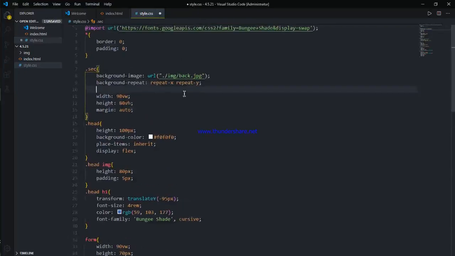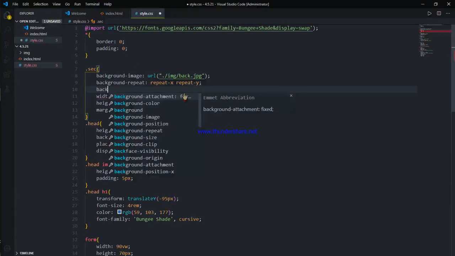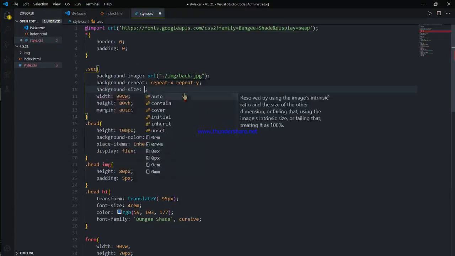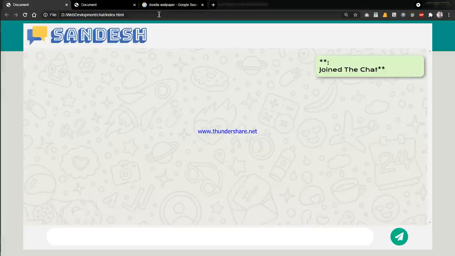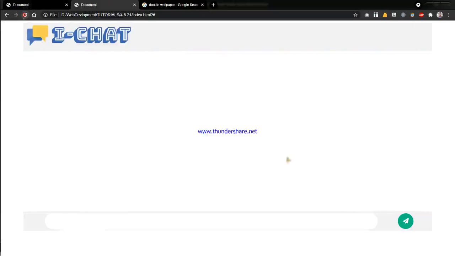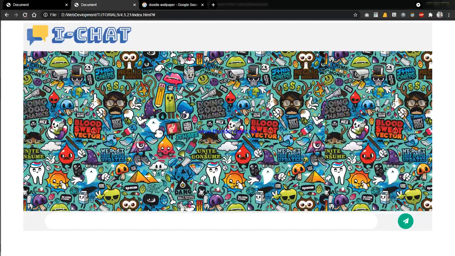So we can go background size. The X should be auto, means the width should be auto, and the height should be 100%. As the height is 100%, we can see it goes, but this image is not repeatable, right?